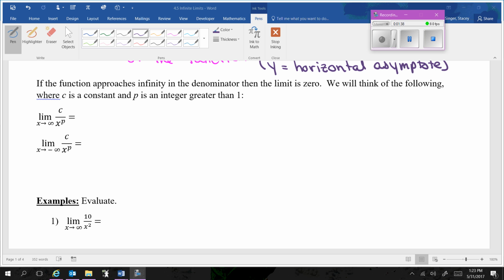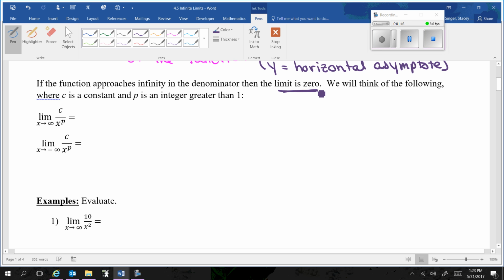If the function approaches infinity in the denominator, then the limit is 0. Then you'll have the following, where c is a constant and p is an integer greater than 1. So if I had the limit of some constant, we could pretend it's 5, divided by x raised to, we'll just say an integer greater than 1, we'll say 3, as x approaches infinity,